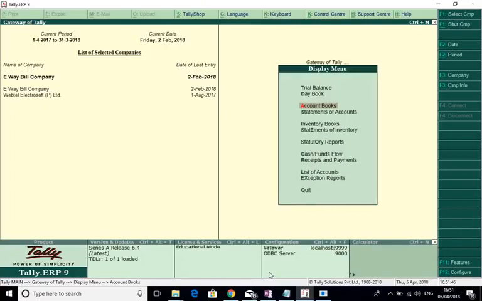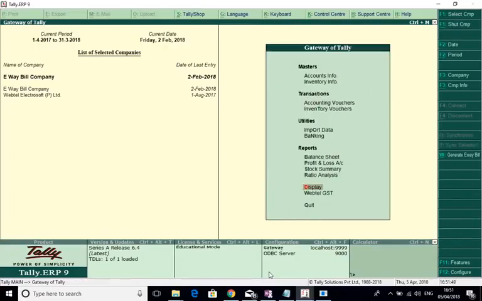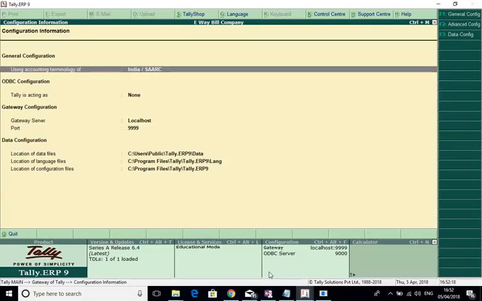So this is the gateway we get when we start Tally. Tally has already provided different fields which are required for printing on invoices, like e-way bill number, date of e-way bill. Those things have already been incorporated in Tally 6.4. But taking it forward from there, I'll take you through the entire process of what Tally has given and what value add Viptil has provided. So if we go to any of the display windows,